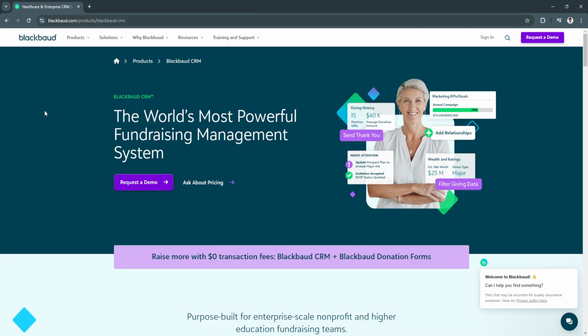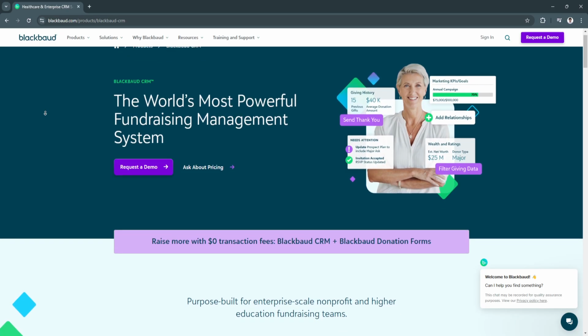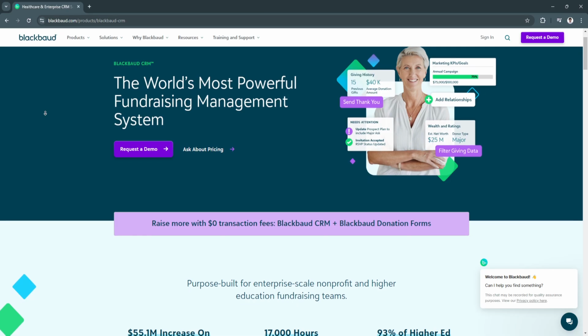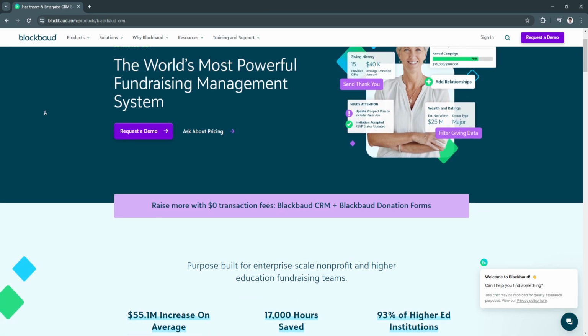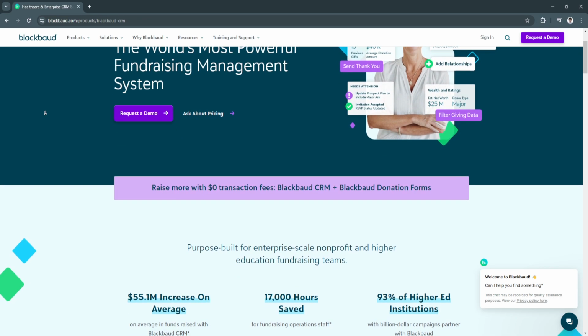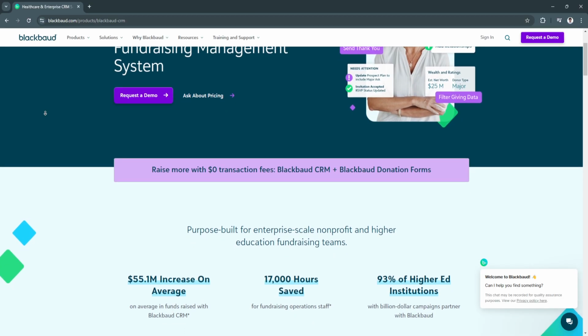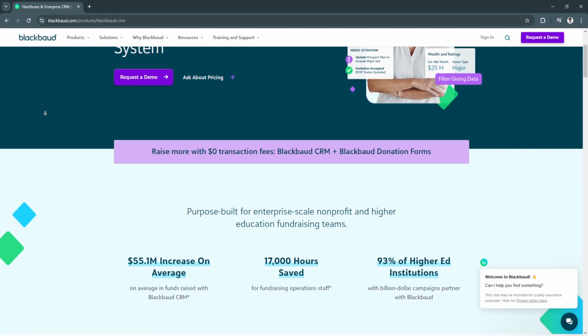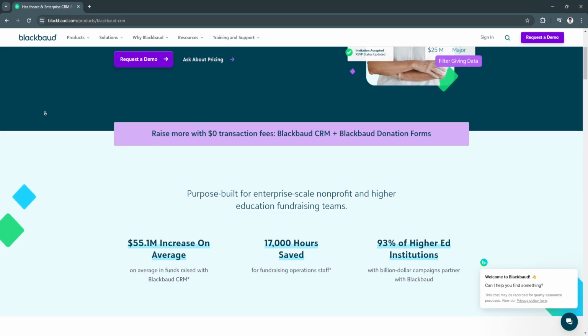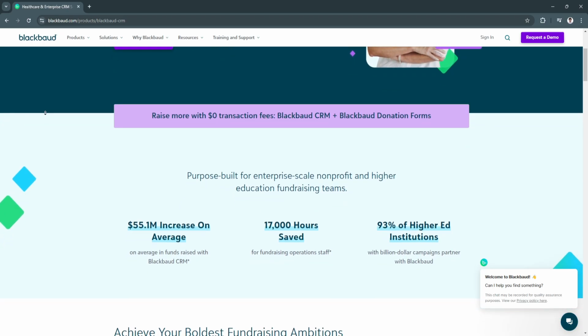Designed for scalability, Blackbaud CRM supports organizations of all sizes, from small nonprofits to large enterprises. It's known for its robust analytics, segmentation tools, and ability to manage multi-channel campaigns. Blackbaud CRM empowers teams to not only increase donations, but also strengthen relationships with donors through personalized outreach and data-driven